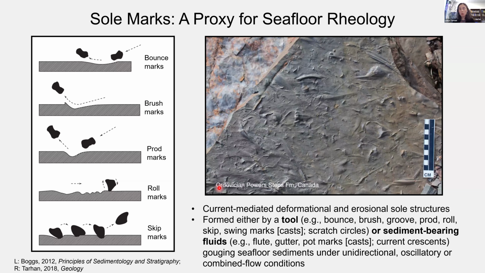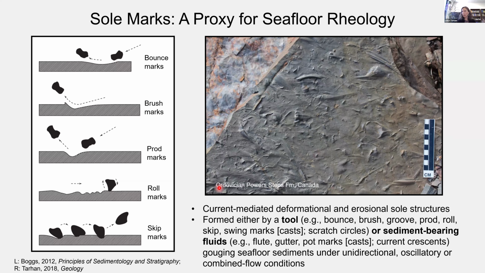So thinking a little bit more now about what some of the consequences of early Paleozoic bioturbation may have been. You might recall from my introductory slide, and I know this is something that several of you think about as well, one of the ways in which bioturbators impact their surroundings today is by changing the rheology of seafloor sediments. And they can do this in a variety of ways, but I would say one of the most significant tendencies is that mixing and stirring of sediments can increase their fluid content and porosity and lead to the formation of what we commonly call soft grounds or soup grounds in the upper seafloor.